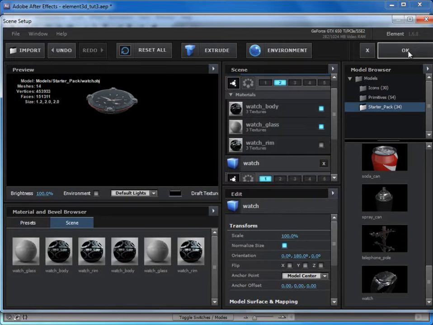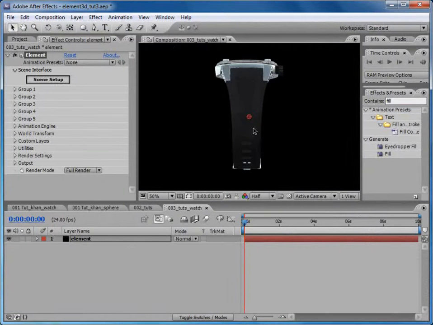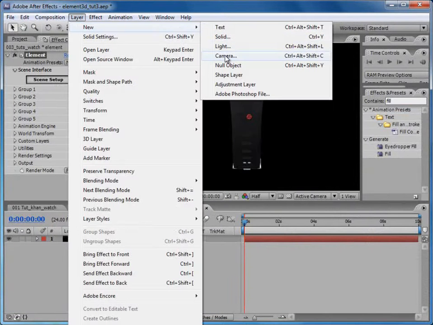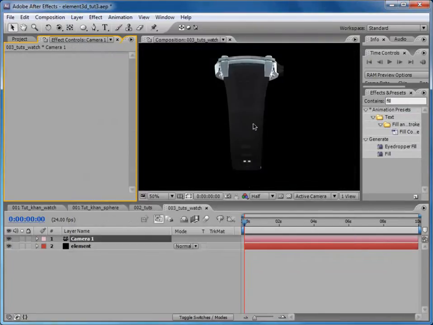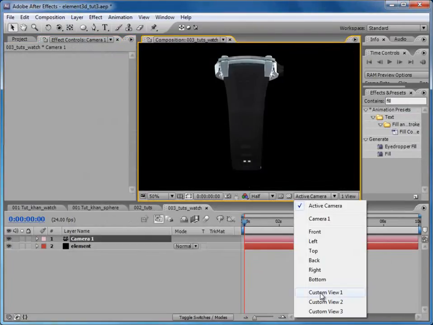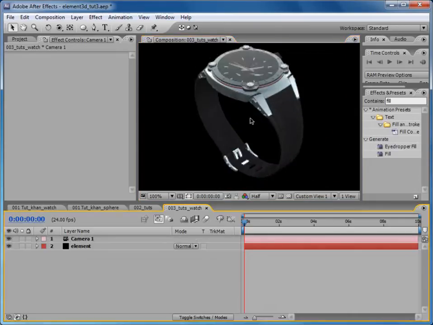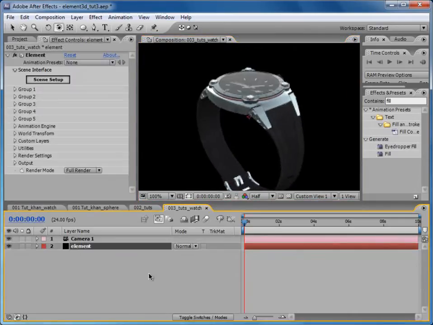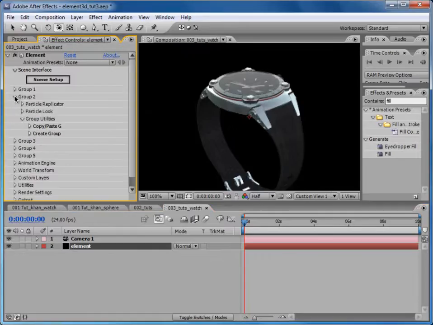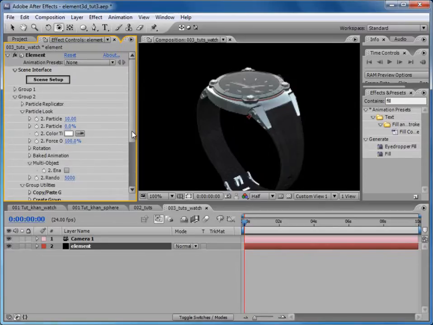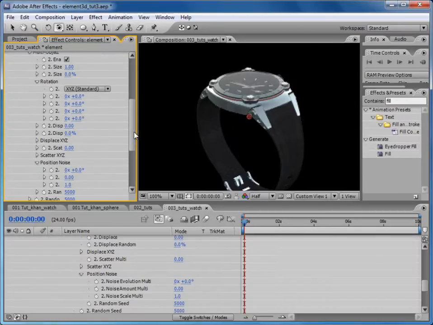Now click OK, go to layer, new camera, press OK, and let's activate custom view. Press C. And here what we need to do is, of course, animate group 2. Open it up, and here go to particle look and turn on multi sub object, enable it, and we've got